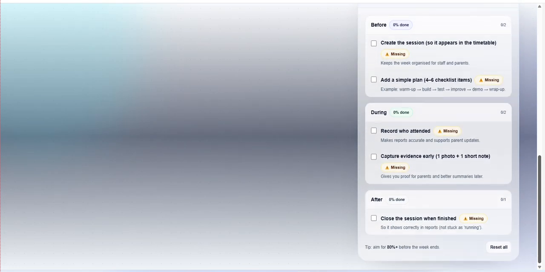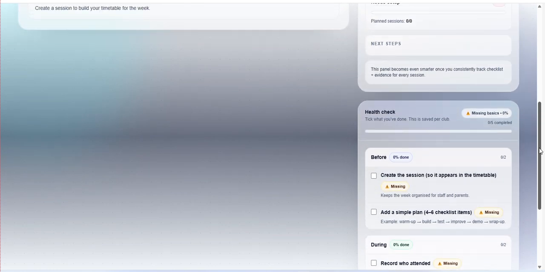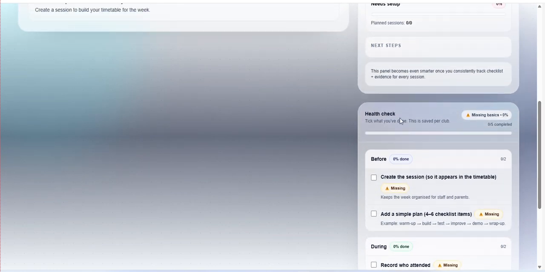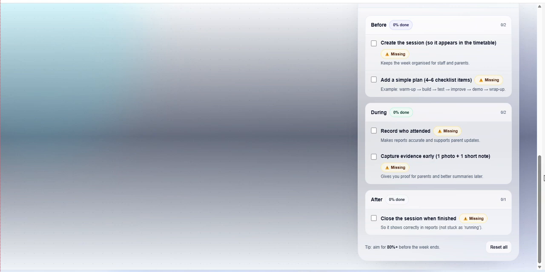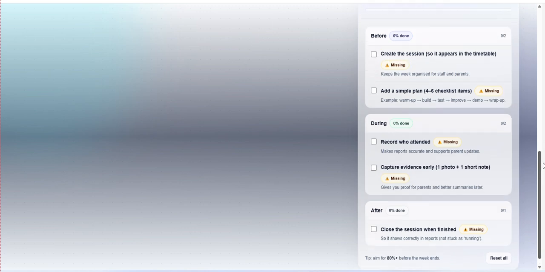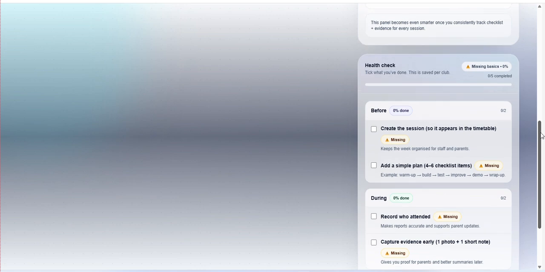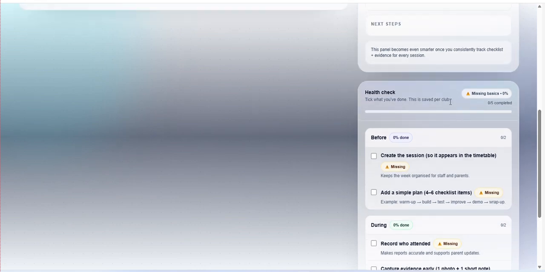Anyway, some features are not really working in terms of the health check. There's still a bit of work that needs to be done there. Basically, not because it is not well designed, it's because it is still linked to the schedule homepage. There are some things that need to be working